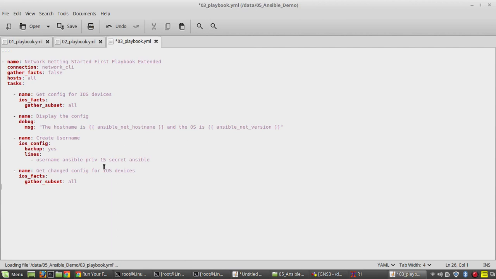Okay, I'll put it here. I'll change this to change host name. And will enable backup. Then I'll give the command host name. I'll give the host name as Ansible configured.